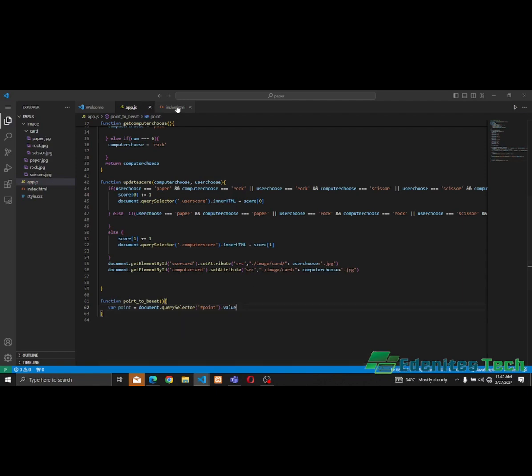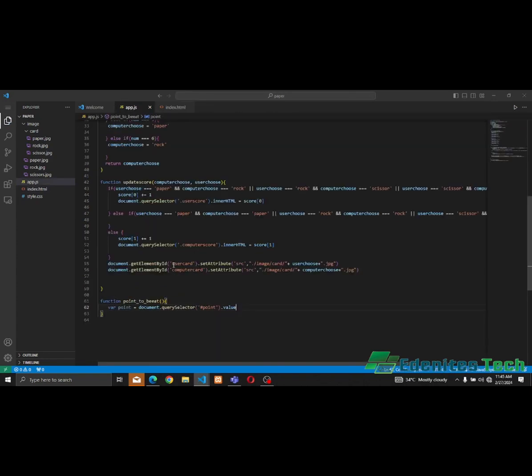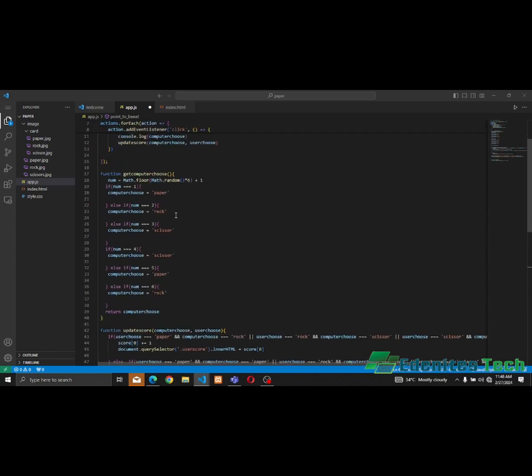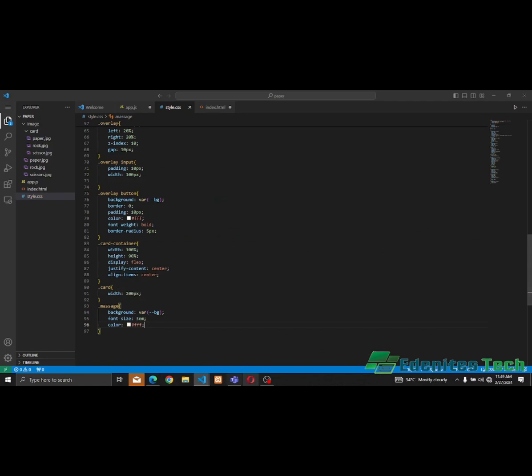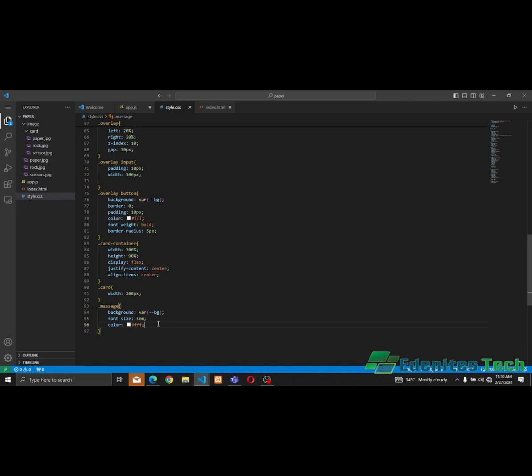So we forgot to add something in our HTML. Remember the default value is 20. So let us add that. Default value is 20, in case maybe you didn't set a target or a point to bit, at least 20 is the point to bit by default. So now what we want to do is actually check if the score